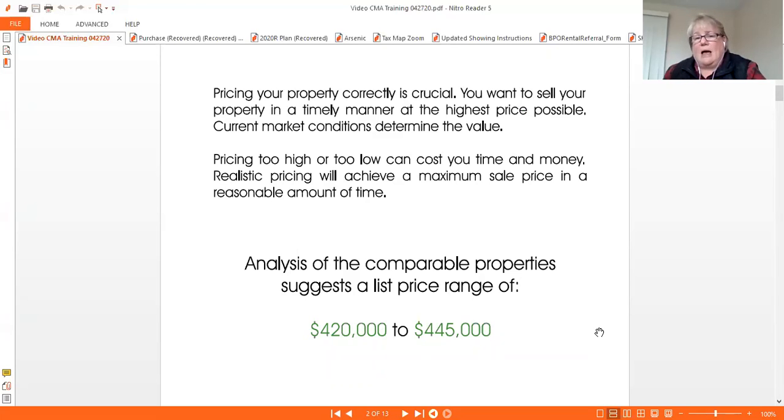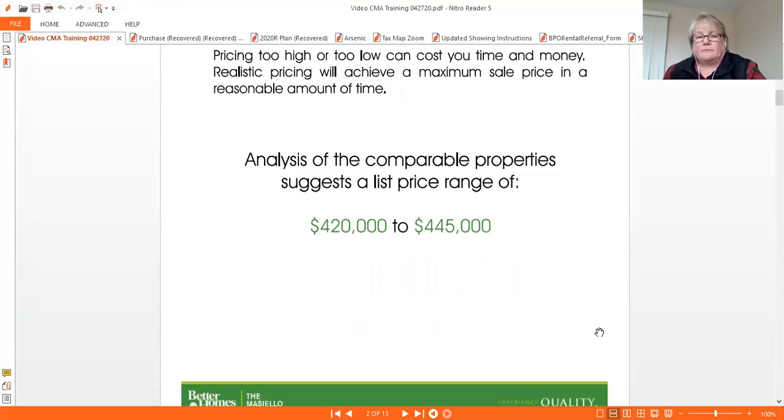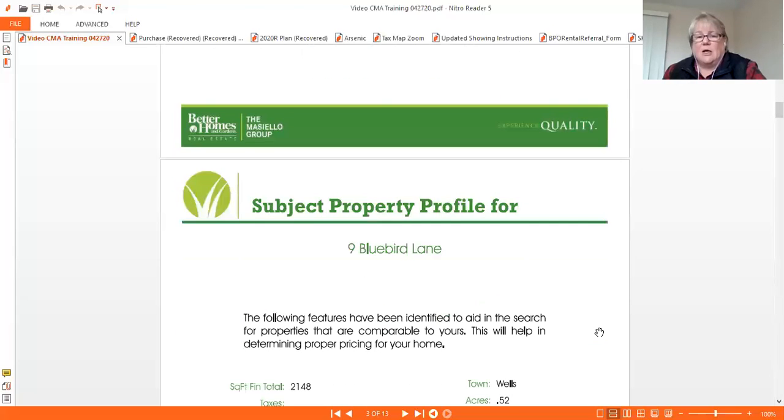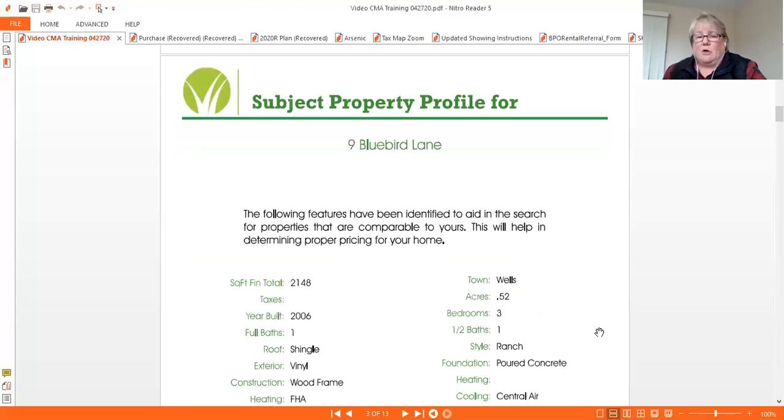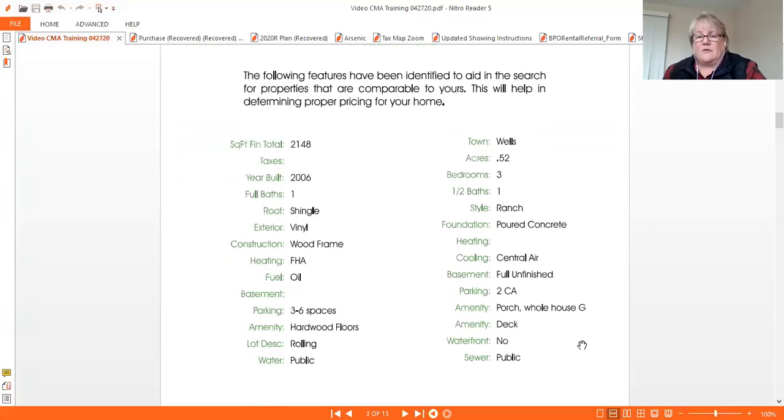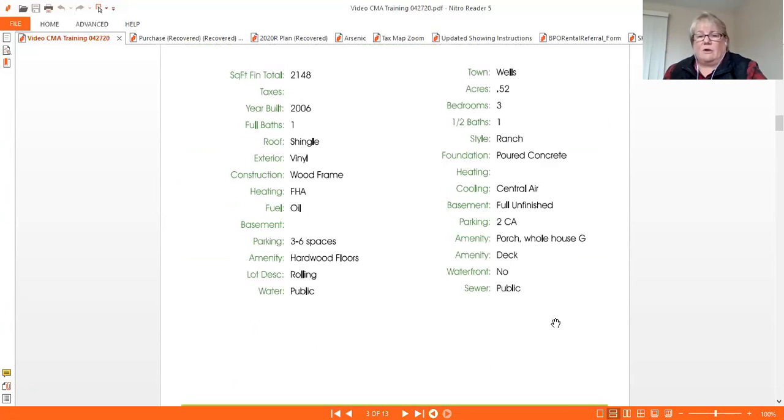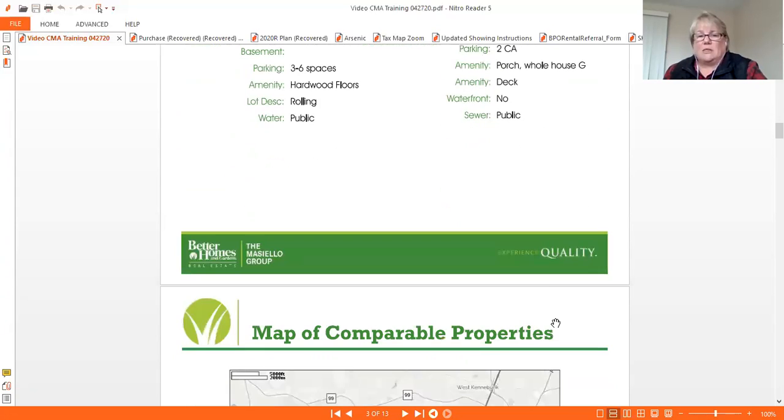And let me show you how we develop that price. So as we get down a little bit here, we have the information that we put in about your home and some of those features that are there. We picked up the whole house generator, the central air that you have, the 2-car attached garage, the hardwood floors, and we put all of that together, and we started to take a look at where the properties are in